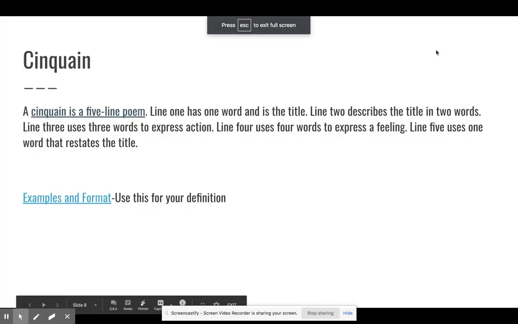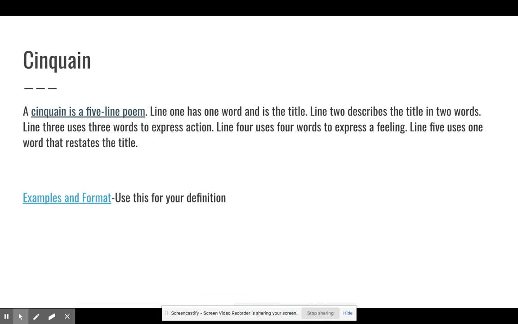All right, everybody. So in class today, I'm going to be teaching everybody about a few different types of poems. Now we already know all of the things that go into writing poetry. We've talked about alliteration, personification, using imagery, all of those literary devices and poetic devices and figures of speech that we've used. We're going to then take those ideas and put them into poetry.